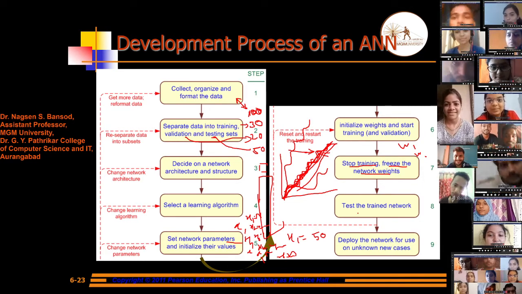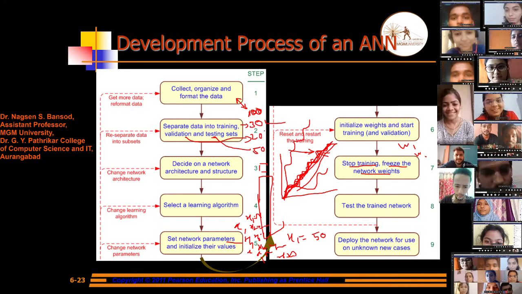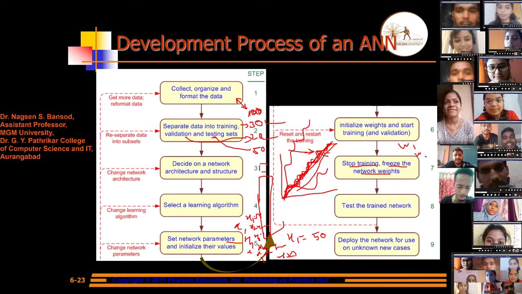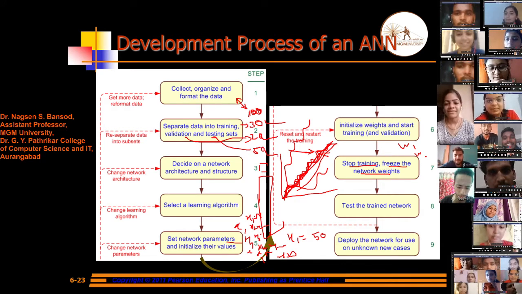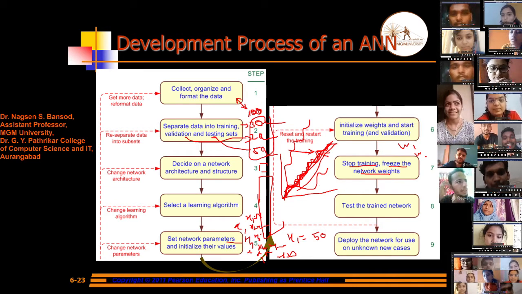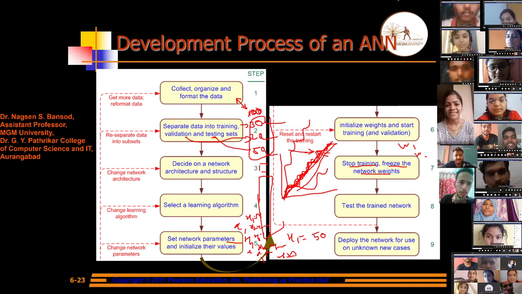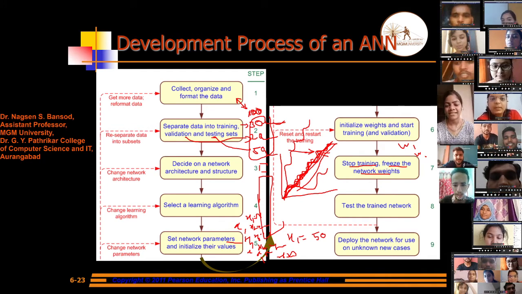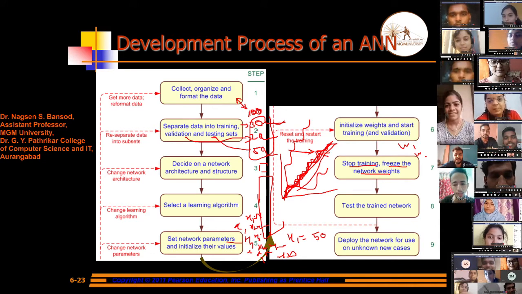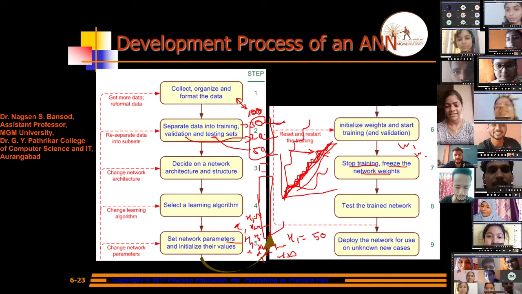After this, test the training network. Then we will select a good sampling rate: 30% for training, 20% for validation, and 50% for testing is good. This is our standard model after stopping the training, testing, and freezing the network. These are supposed standard values. If these are not standard values, then we will change them. We will change the training 30 to 25, 20, like this.